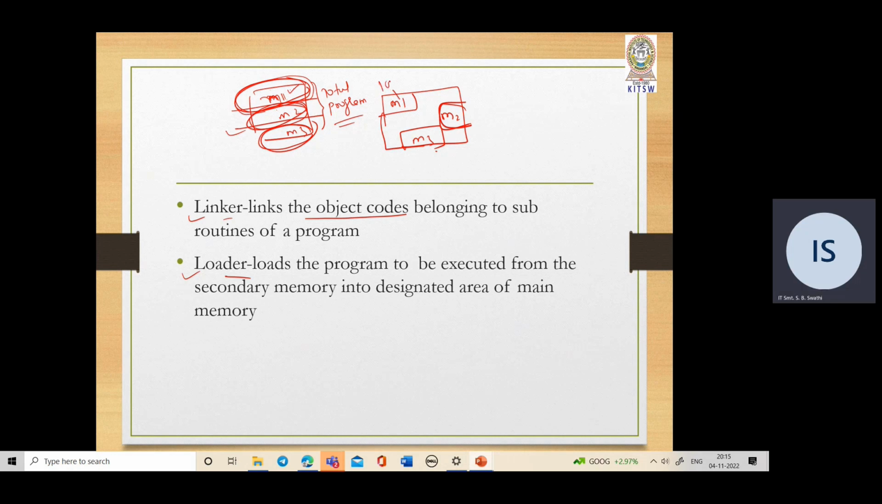Now this is stored in some address, the result of module 1. This is stored in some other address. This is stored in some other address. So when you try to see the output of the total program,